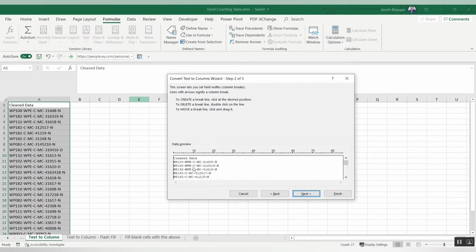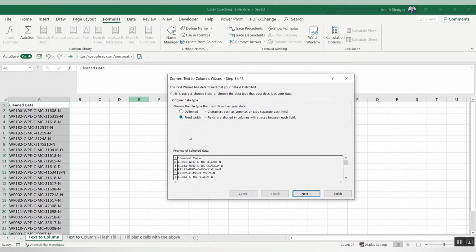What happens in fixed width is we will just click a column separator here, and again a column separator here. Since we don't have data consistency, few columns have three characters, few columns have one character, we can't go with fixed width. So in such an instance we have to see what exactly we can separate the cells with.